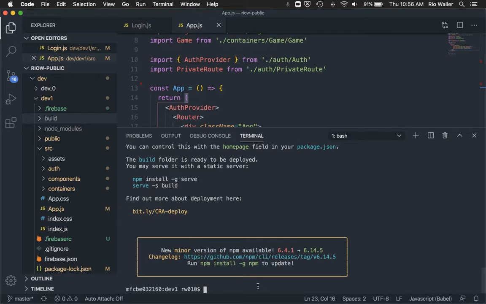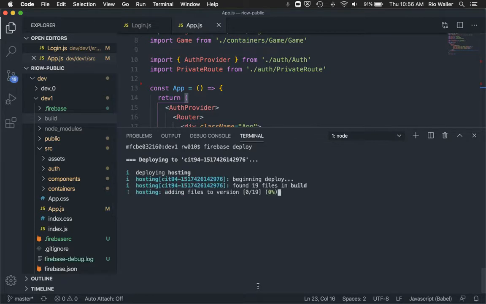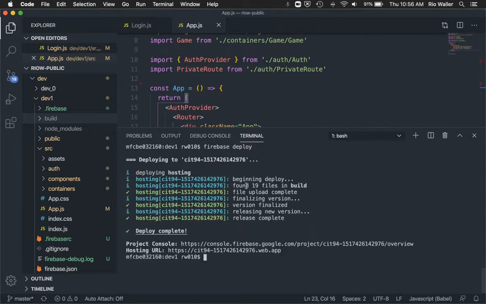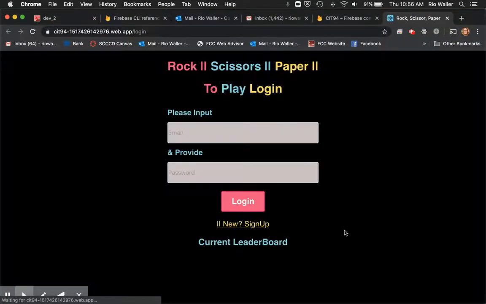So now the last step is actually just to run firebase deploy. Let me actually clear, okay? Clear. So firebase deploy. What this is going to do is, because I've already told it to look in that build directory, right? And you can see 19 files were found in build. Boom, it put it all up there. And then this is my URL that I can just go to and open,